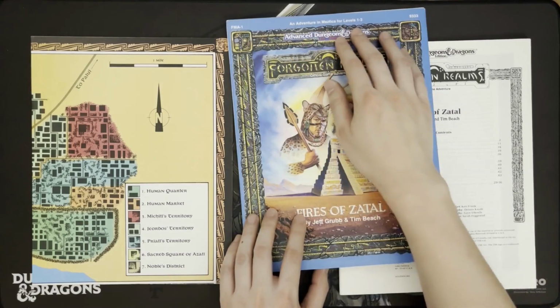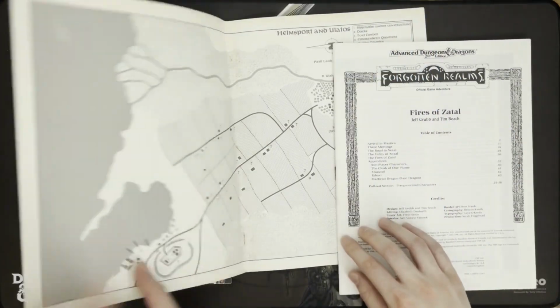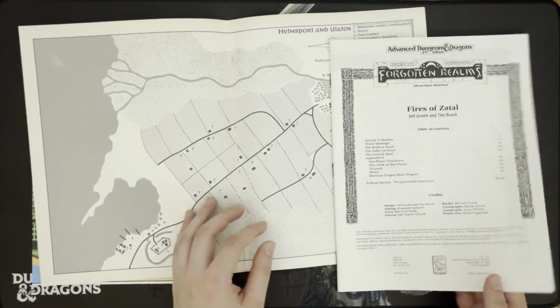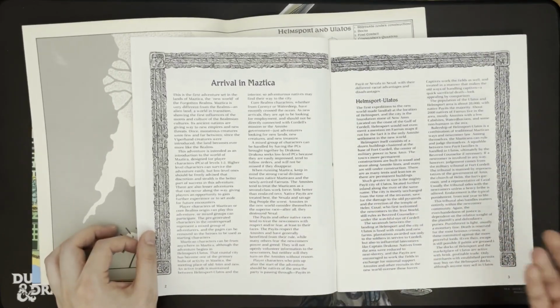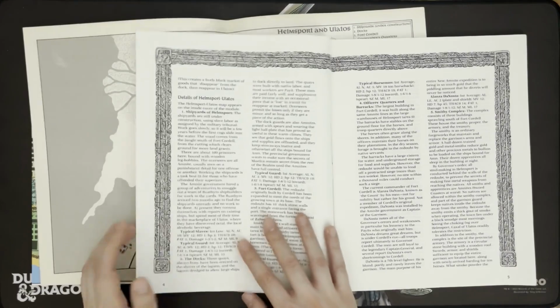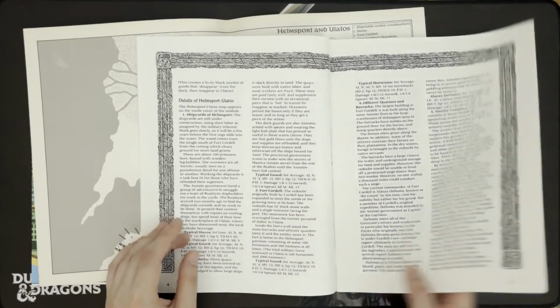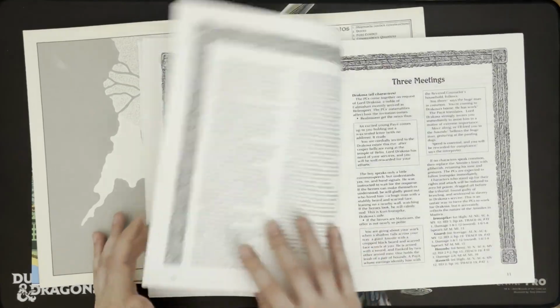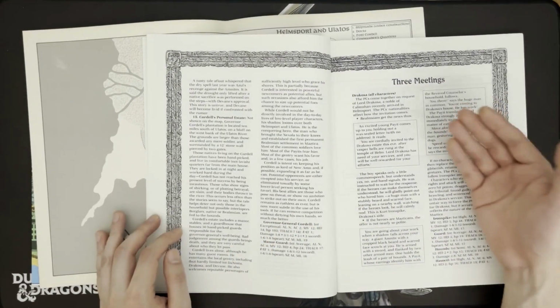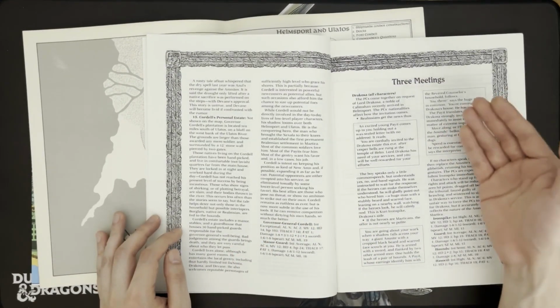This is an adventure designed for levels 1, 2, 3, so it's for fresh new characters. And matter of fact, the very first words that you see in the book is "Arrival in Maztica." The book assumes that you just arrived fresh off the boat, and we have a few pages describing the Helmsport Ulatos area. In my Maztica video, I complained about the base box not giving much detail on the Ulatos Helmsport